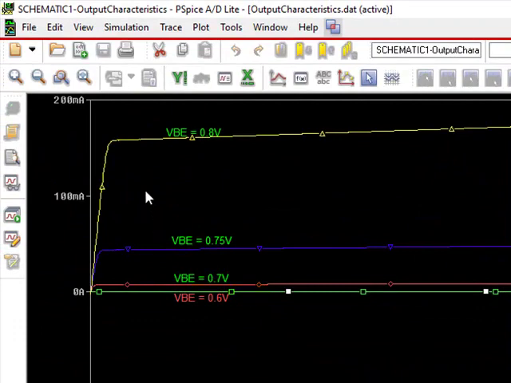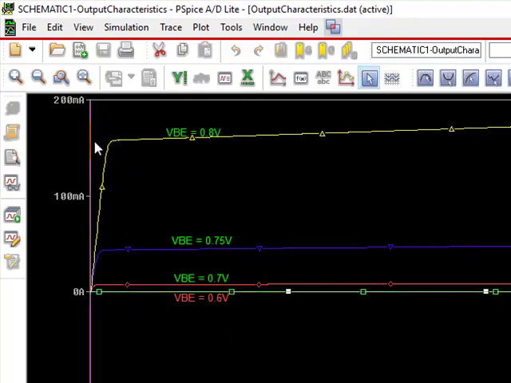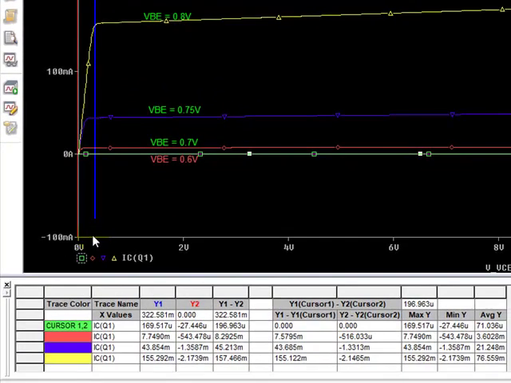Please note, in this graph you can identify there are 3 regions. I'll take this yellow color curve for VBE is equal to 0.8 volt. So I'll add a cursor at this point. You can right click and click on cursor. You can left click and adjust the cursor here. And what is the voltage at this point?